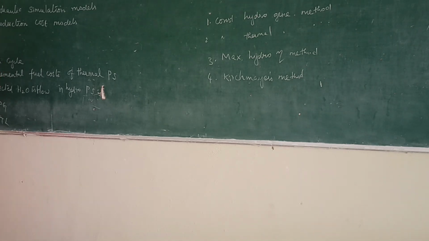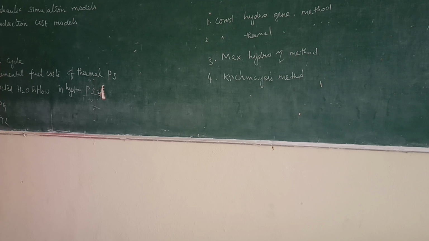Then, what are the factors we are going to consider to find out this long-term capacity, that is, the long-term operational time period? For long-term, the first one is the load cycle. A monthly load cycle or weekly load cycle is necessary; depending on that, we generate the power using the hydro power plant. Then the incremental fuel cost of the thermal power plant depends on the consumer, that is, on the power demand.